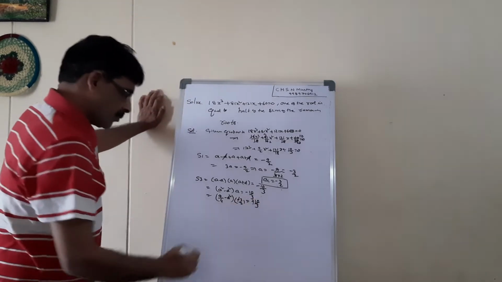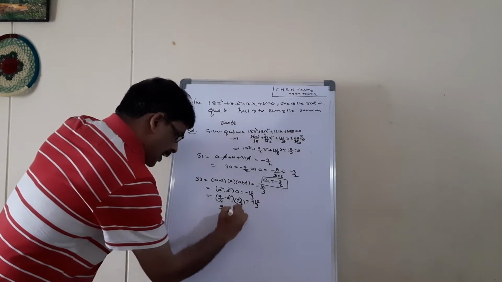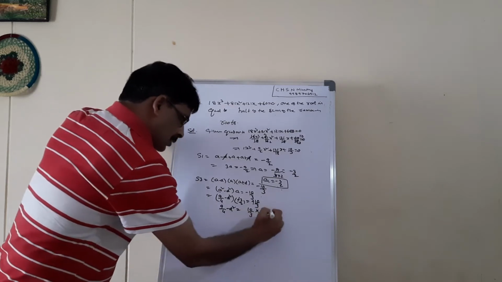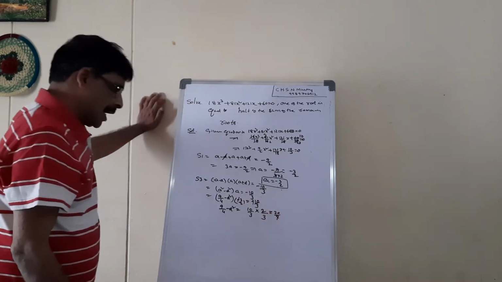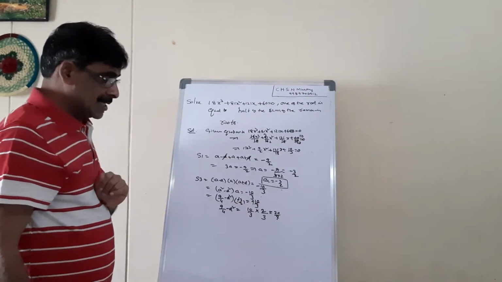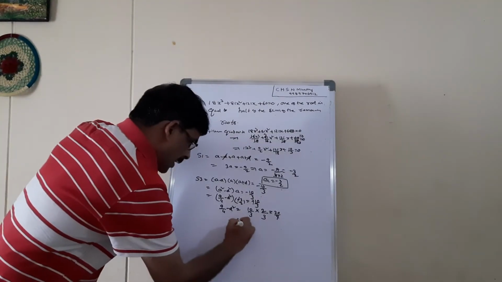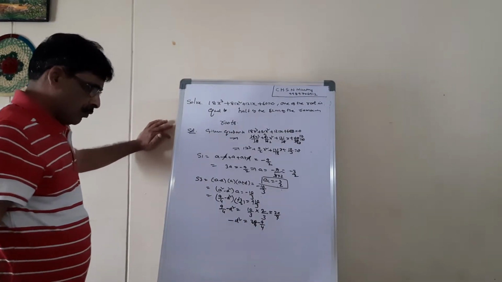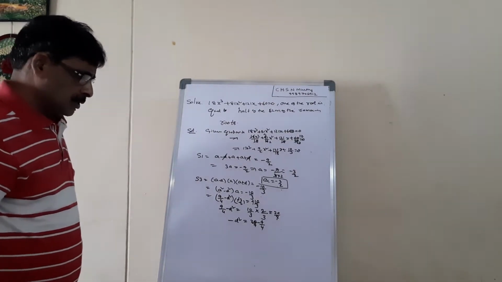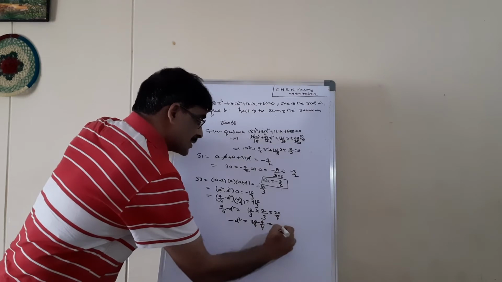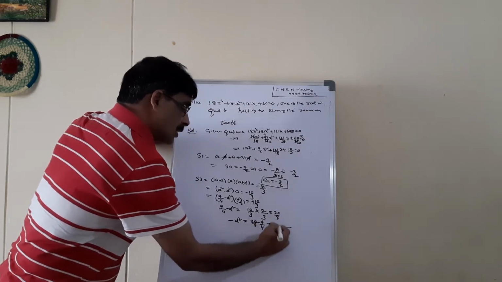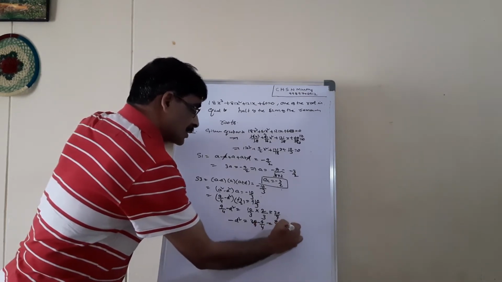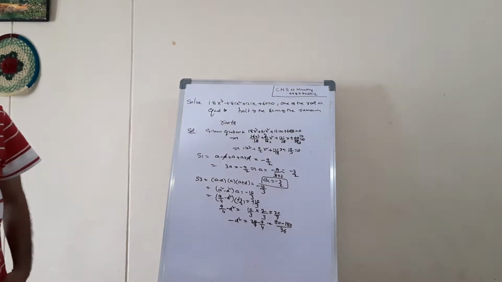Minus and minus on both sides cancel. So 9 by 4 minus d square equals 10 by 3 times 2 by 3, that is 20 by 9. We have 9 by 4 minus d square equal to 20 by 9. Or minus d square equals 20 by 9 minus 9 by 4. Now take the LCM, 36. 9 goes 4 times, this is 80. 9 times 20 is, I think, 180. Once you go through the problem, check whether it is correct or wrong.